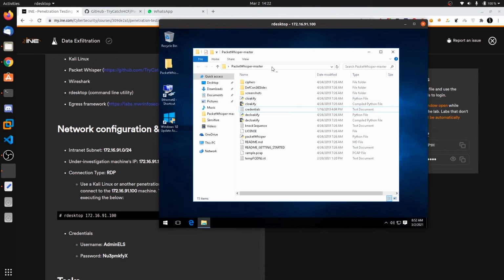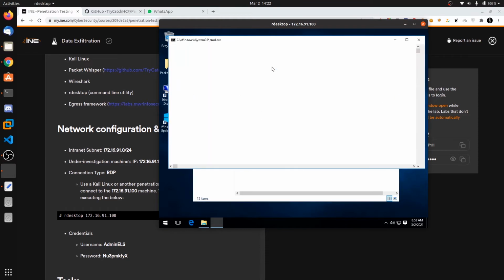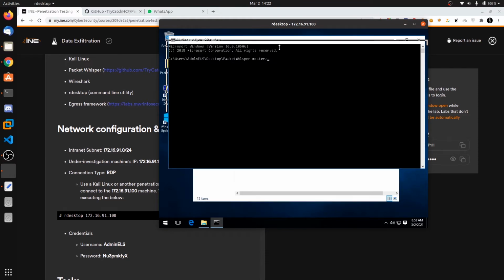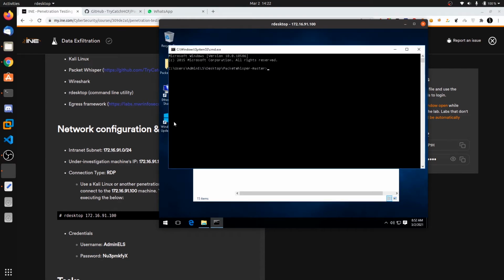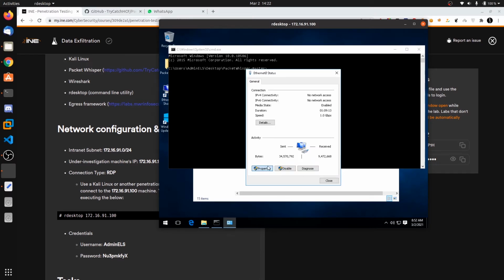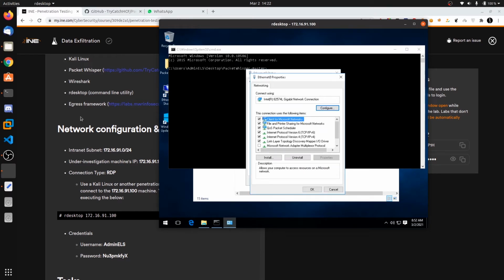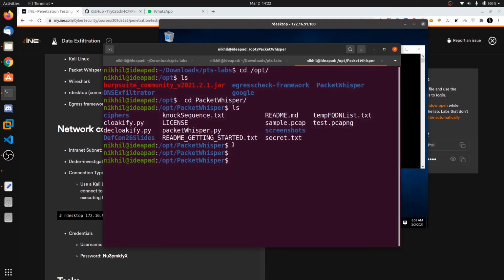So now what I can do is open cmd. Before that, to make this work, we need to register a domain, but we do not have a domain. So what I'm going to do is edit the network settings to point the DNS server to my tab 0 IP address.